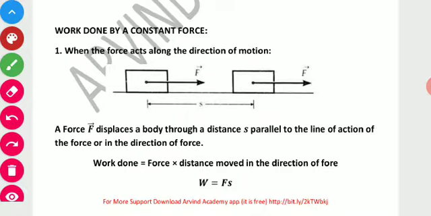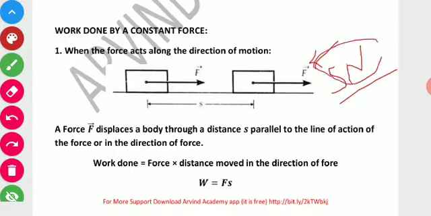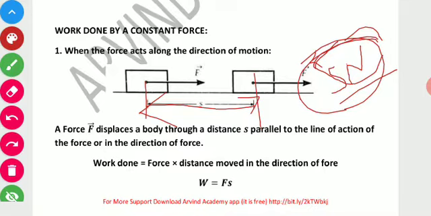So if a constant force is applied, what is a constant force? That is, जिसका मैग्नीट्यूड चेंज ना हो रहा, जिसका मैग्नीट्यूड जो है वो सेम रहे. If it is 5 newton then always it is 5 newton. So what will be the work done by this force? Basically this is the product of this applied force, that is constant force, and the displacement it did. जो इसने डिस्प्लेसमेंट की और अपने जो फोर्स है उसको मल्टीप्लाई कर देंगे, then we will get the work done.